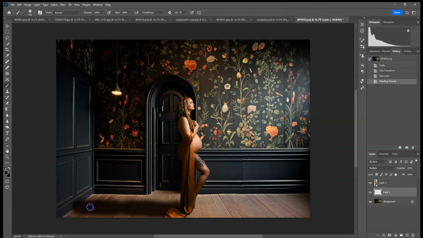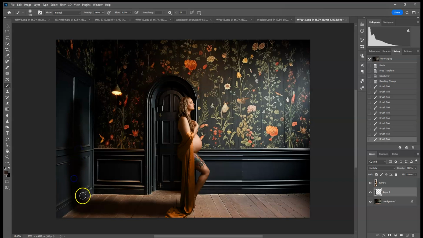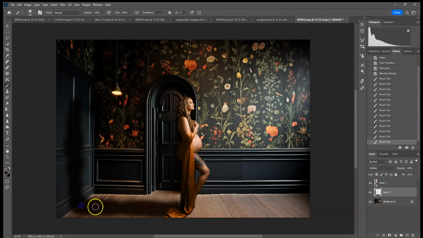I want my shadow on the floor, but I also want it to go up the wall because the light is coming from this way, so her shadow would be on the wall as well. And then I'm just going to paint in, you know, kind of her body shape, what it would be. And create my layer mask and brush off. I usually like to lower my opacity for this and brush off little by little on areas that I feel like are too much